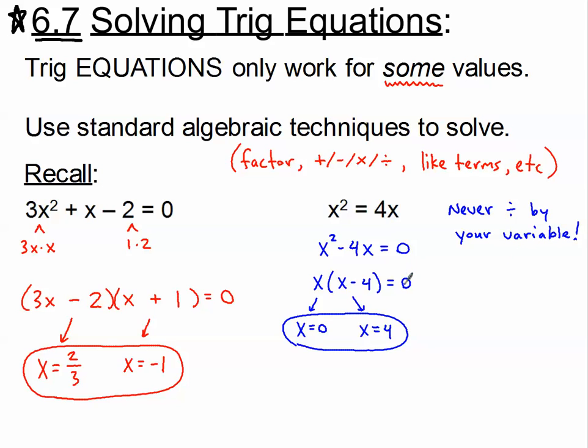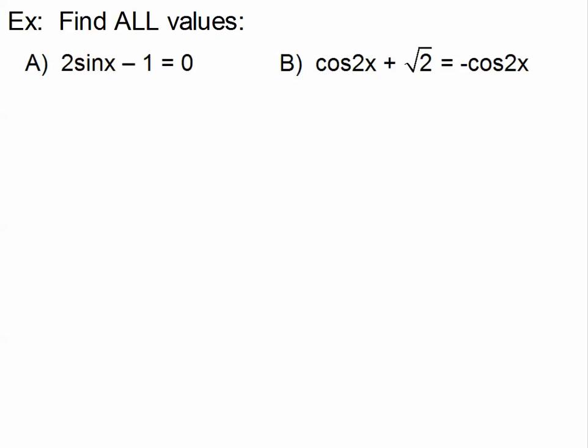Set it equal to 0 and factor. Okay, let's look at our first trig equation. Part A says we have 2 sine x minus 1 is equal to 0. I know that I'm ultimately trying to find x, but before I find x, I'm going to get sine of x to be all by itself. So to get sine of x, I'm going to treat sine of x as the variable. I'm going to add 1, and I'm going to divide by 2, so I'll have sine of x is equal